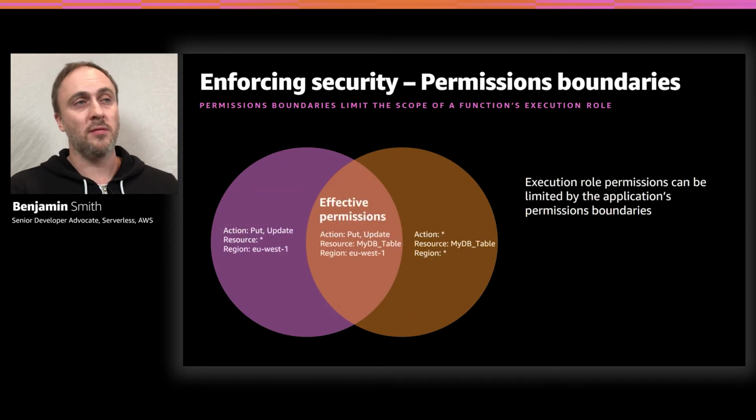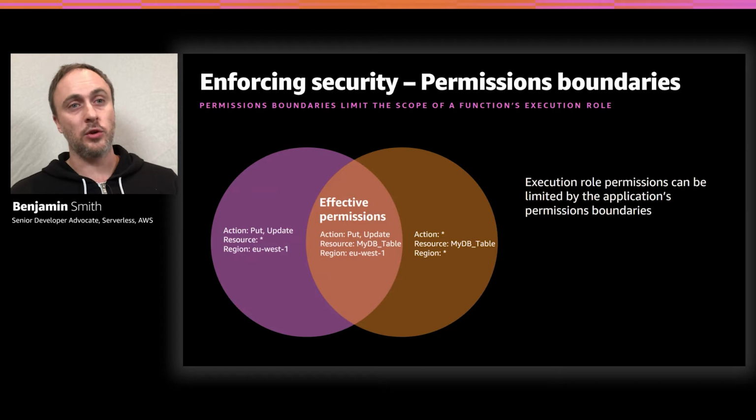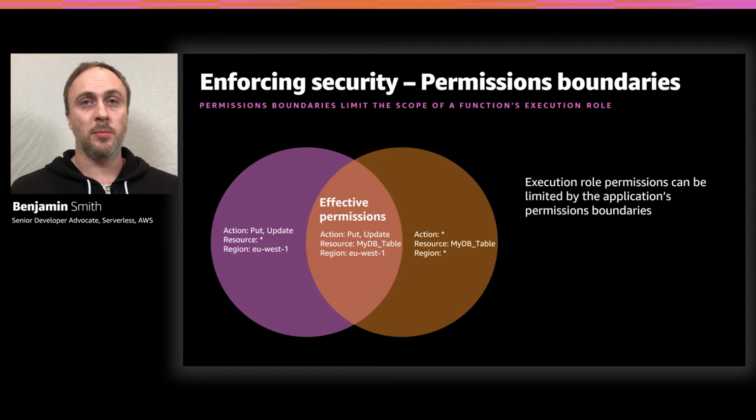So the best way to visualize this is with the Venn diagram here. My permission boundary is the purple circle, and this is able to perform a put and an update action on any resource in the EU West 1 region. And then my Lambda execution role is the orange circle, and it's allowed to perform any action on a given table in any region. Now, the effective permission that this Lambda function is granted is to perform a put or an update action on the MyDB table in the EU West 1 region. It's the overlap or the intersection of these two